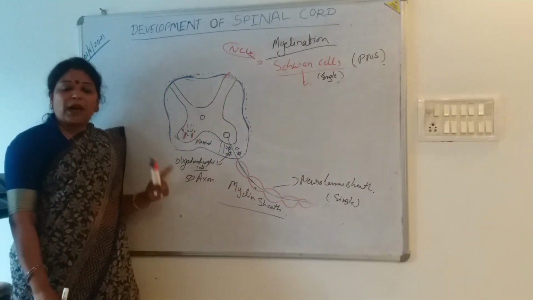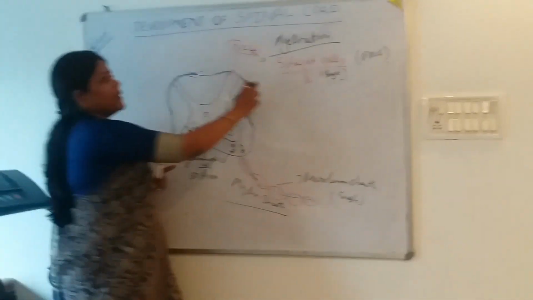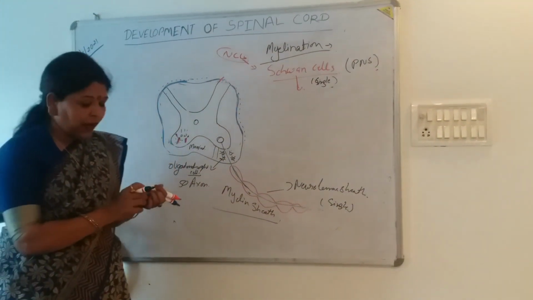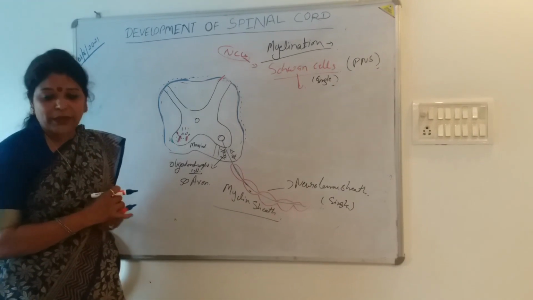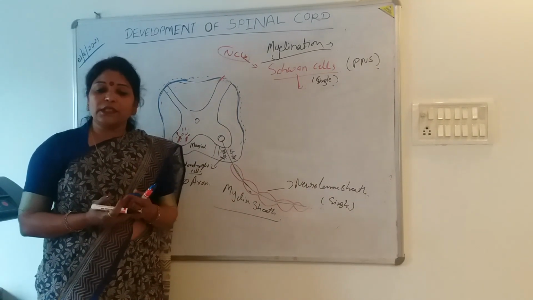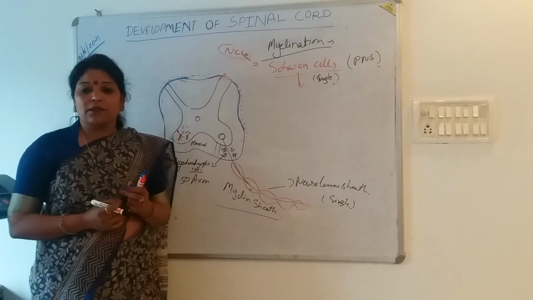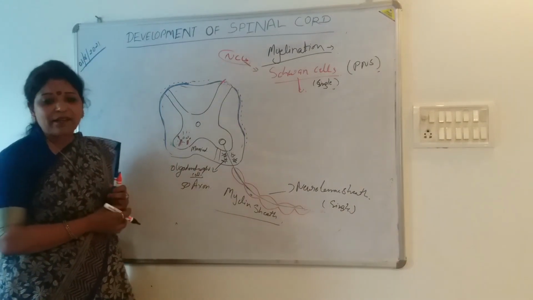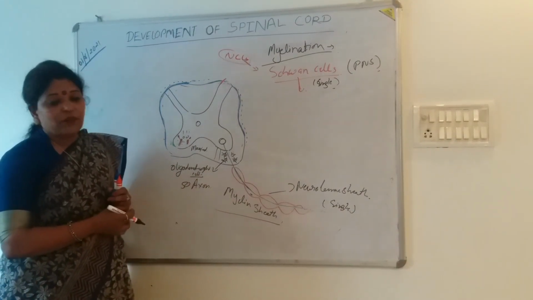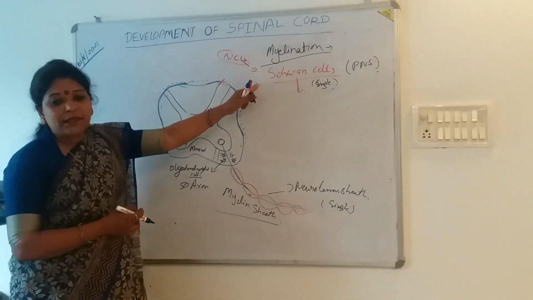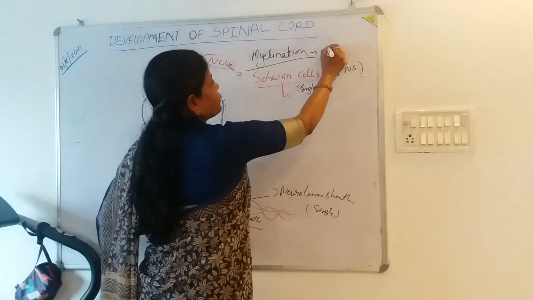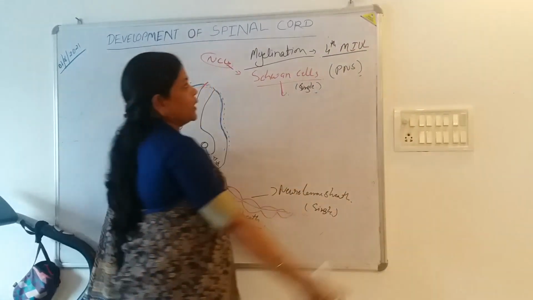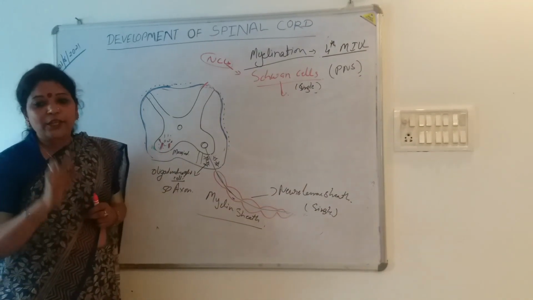When does myelination start? The process starts at which age group? Myelination is a very important aspect related to the function of the tracts. How do those tracts function, the pain, touch, temperature pathways, whatever tracts are needed? So first of all, myelination starts at which age group? The 4th month. The 4th month of intrauterine life. Very good.